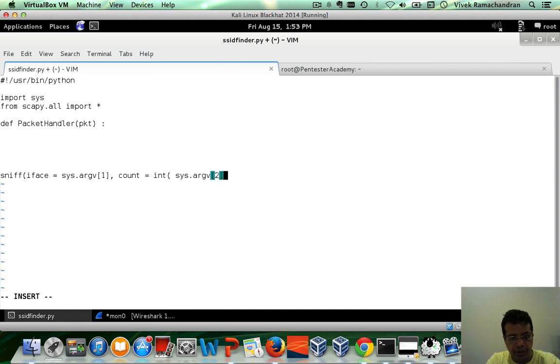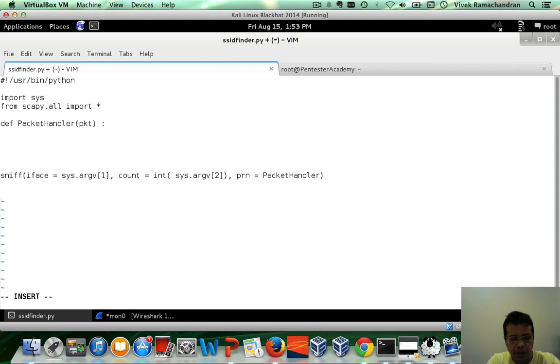Number of packets to sniff, and finally the packet handler. Great. Now the first step, of course, is we'll have to check if this is a beacon